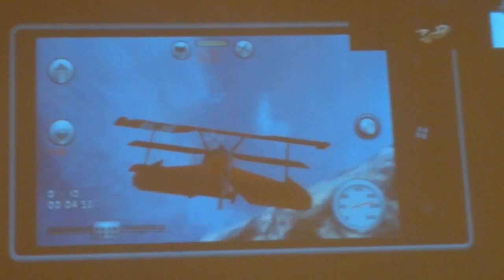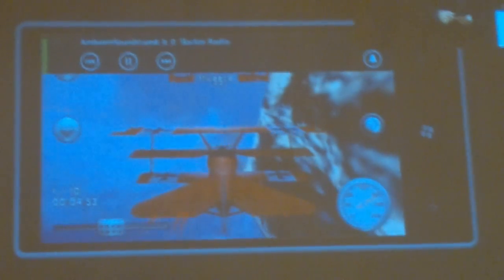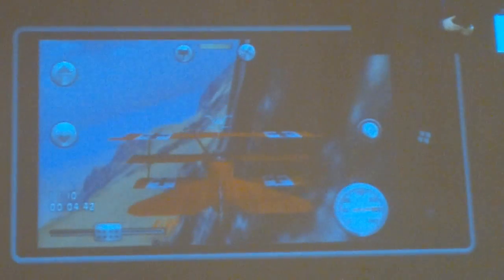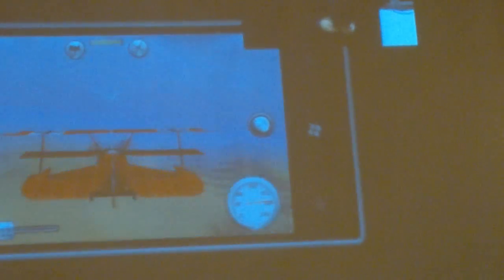So you can see, let me turn the volume up here, let's see if we can get some audio. There we go. I am flying my plane around. And today, if I were playing this game with Windows Phone 7, if I wanted to make a phone call or send a text, if I navigate away from the game, we essentially put it into a deep hibernation, which takes a few seconds to resume. So I'm going to do the same thing now. Let's assume I wanted to make a phone call. I press the button, I'll navigate